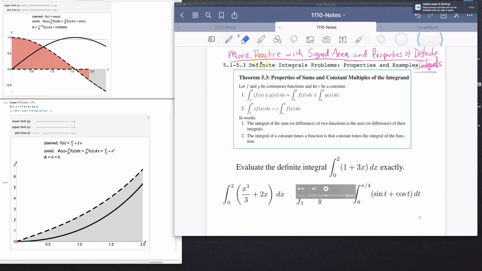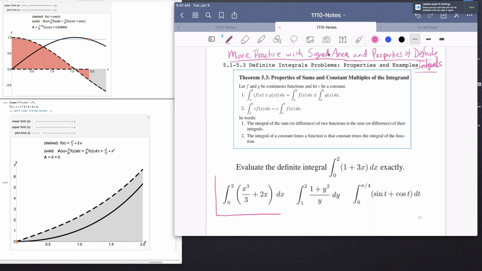All right, in this video we get a little bit more practice with the signed area concept and look at a couple properties of definite integrals. Okay, so if we focus, for example, on the definite integral that is down here in the lower left corner,